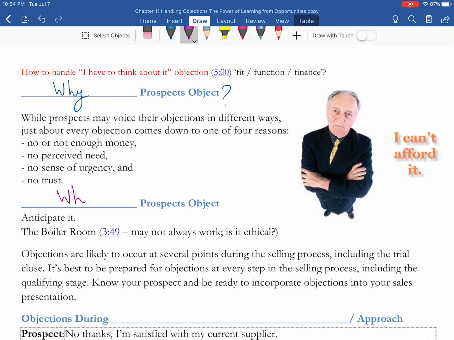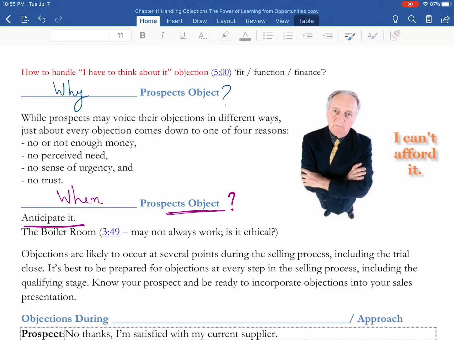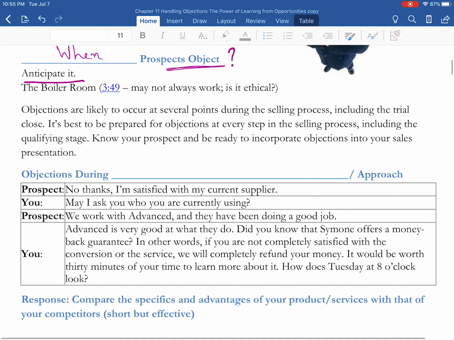Okay, so when the prospects actually object, what are you going to do about that? Are you going to be sweating and saying, oh my God, I never expected this question at all? No, you're not going to say that. You are going to say, I anticipated it and I am going to address it. And you need to be ready with your answers. If you have already sold the product to one of your customers and they also had a similar objection, how did you handle it? You can use that so that you can really answer their concerns in an effective manner. So keep thinking about it, because these are all very important things.